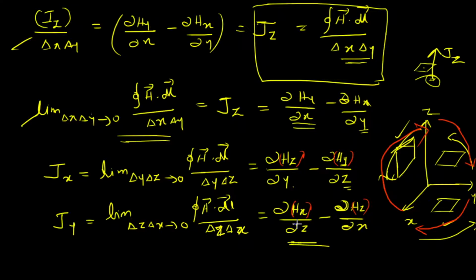Because we are not deriving it, we are just writing it from the similarity, right? So you should not make a mistake. If you write deba hy by deba z minus deba, it's completely wrong. So how are you going to remember it? Anyway you are deriving this, so I understood that you are tracing it in this way, that is the y component of h minus the x component. So hy minus hx, concentrate on this. This is just a variation, deba by deba x is a variation. So hy minus hx, next should be hx minus hz, and next should be hz minus hy. That way you can remember it.